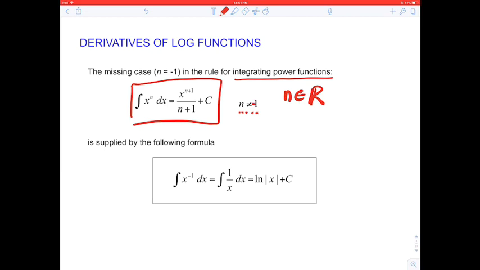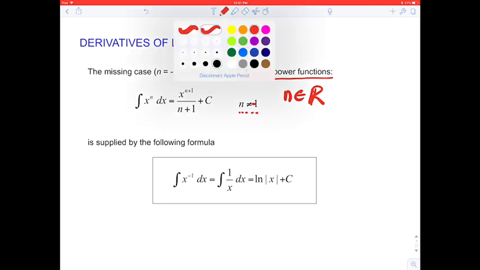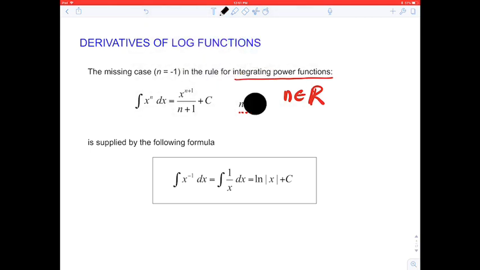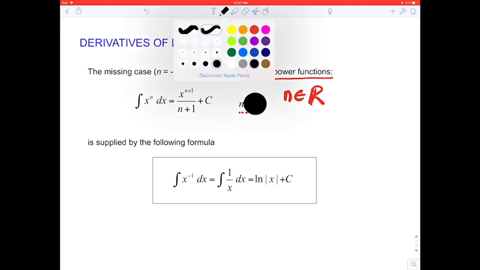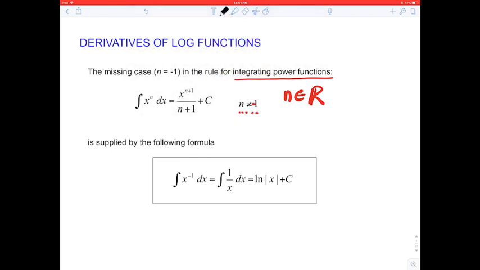That was my typo, because if I put negative 1 plus 1, we're getting 0. We can't divide by 0. That means this one actually should be negative 1. Let me correct this. Okay, but now we can see the missing part, x to the negative 1,